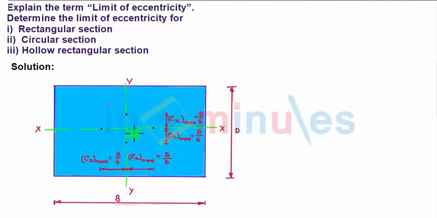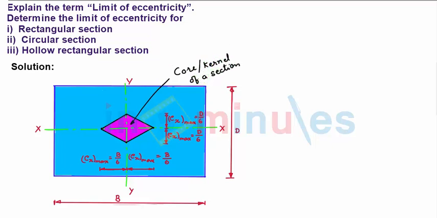So we can say EX max, that is the maximum limit of eccentricity from the X axis, is equal to D by 6. So this point shows the 4 limiting distances along the centroidal XX and centroidal YY axis, within which if load is applied, there is no tension produced in the column. It is possible to show that by connecting these points by straight lines, the enclosed area shows the area within which if a load is applied, no tension is produced in the column. So this area is referred to as the core or kernel of a section.